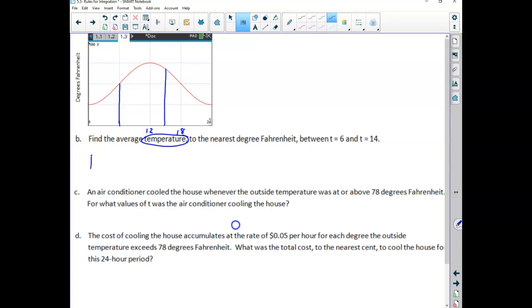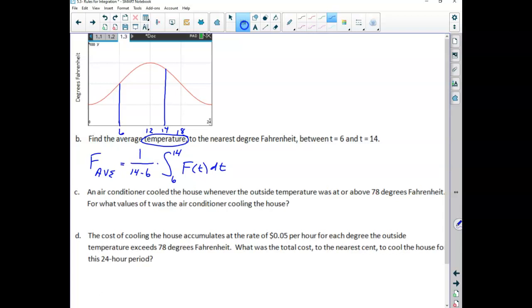So we can find my F average, my average temperature, by taking 1 over B minus A, there's my 14, times my integral from 6 to 14 of big F of t dt,